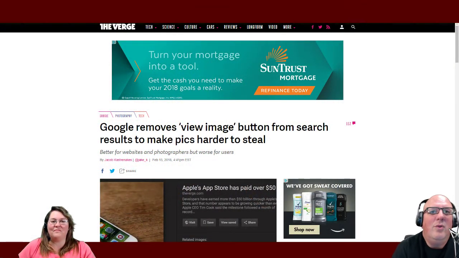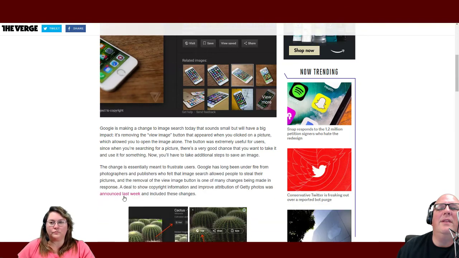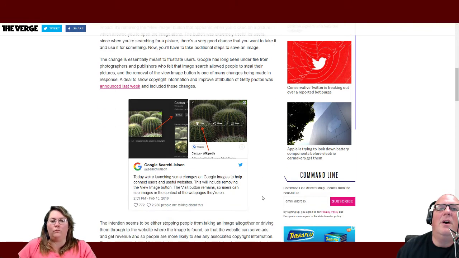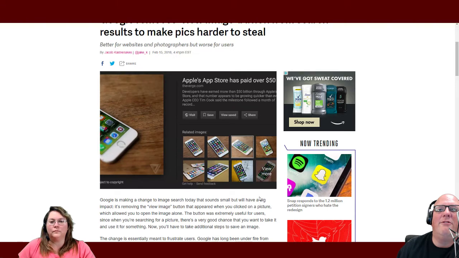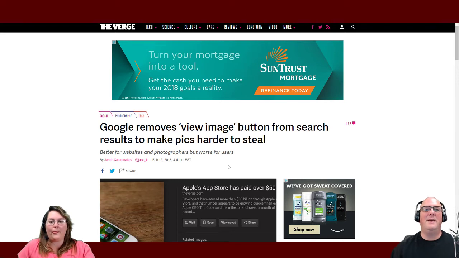First thing, Google removes view image button from search results to make pictures harder to steal. I noticed it just this week. It actually happened like 2 days ago. You can see down here at the bottom left, "Images may be subject to copyright." You have to go visit the site in order to view the image and copy it. So they're forcing you onto at least the site owner's page to get that. Don't know if anybody else saw that. Crazy, but they're really working on knocking down some of that. Next thing,